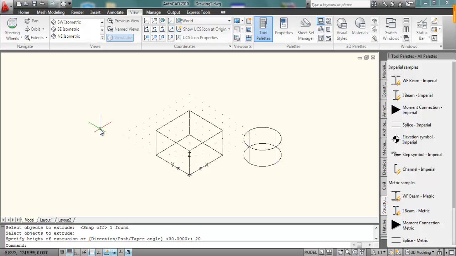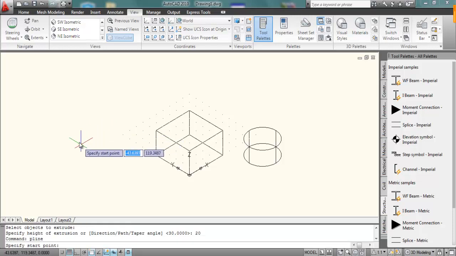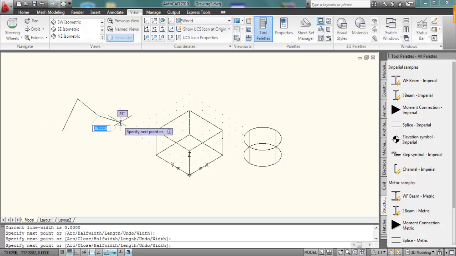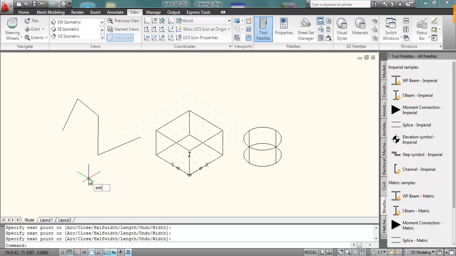We can also extrude the polyline. This is our polyline. Assume that the polyline is not closed. Type extrude.